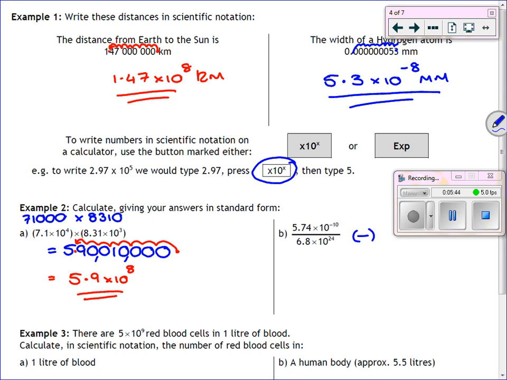On my Casio calculator, I find that 2 buttons above the number 7, just below the fraction button. If you type in the subtract button instead of the negative, on some calculators it won't work. So just be mindful of that. So 5.74 times 10 to the power minus 10, and I want to divide that by 6.8 times 10 to the power of 24. And straight away, that's going to give me